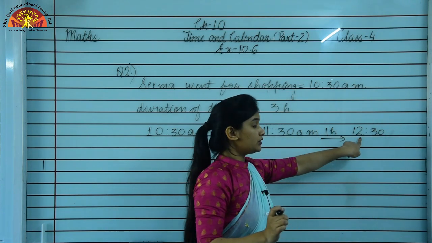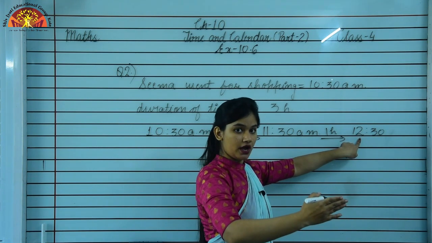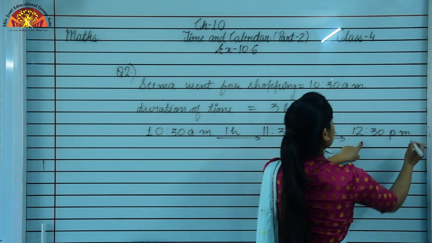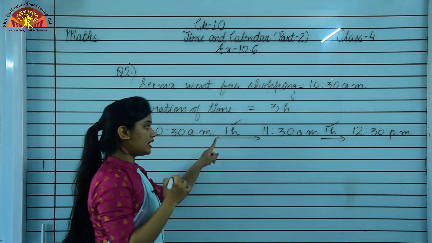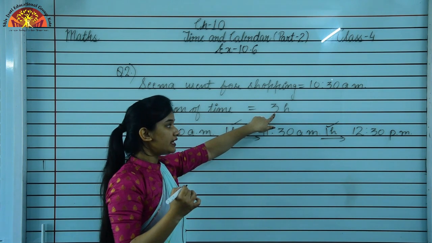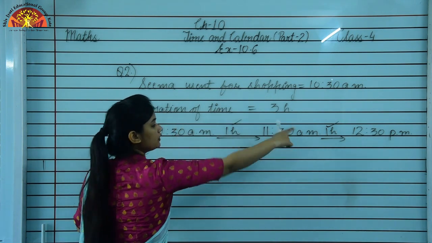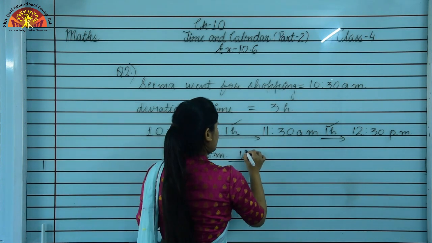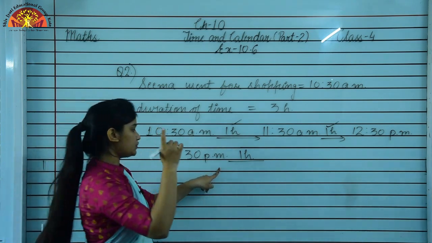12:30. So it will be PM now, because we are talking about after 12 noon. So now it will be 12:30 PM. So now what did we add? 1 hour and 1 hour. It means 2 hours. But she is staying there for 3 hours. So now again we have to add 1 hour to 12:30 PM. And if we add 1 hour to 12:30 PM, it will be